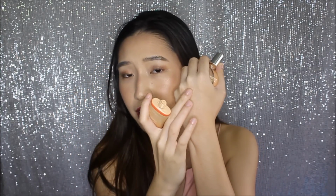I am an oily skin girl, but on the day that I was giving this a try and a review, I had a lot of dry patches because, as I mentioned, I'm on an acne intensive regime, so this dried my skin out a lot. But I find that this is incredibly matte. It's not super drying, and I find that it blends out really well. But once it sets, which is in no time at all, just half a minute, you will get